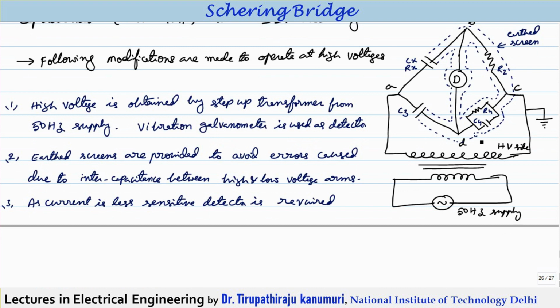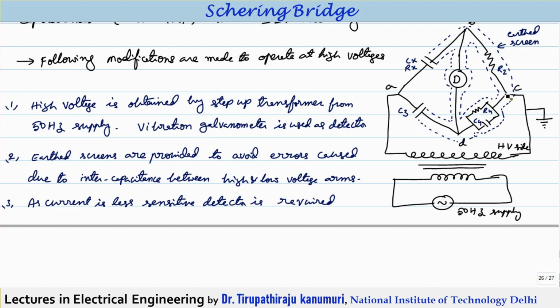But we know in the case of AC, alternately each side will get the positive. That means one half cycle this will be positive, another half cycle this will be positive. For the safety of personnel operating here, we have to take this point as the reference point. So this point C is taken as a reference point and connected to ground. That means with respect to this point, for half cycle A will be extremely positive high value, and another half cycle it will be negative value, but this point is always at the ground potential.